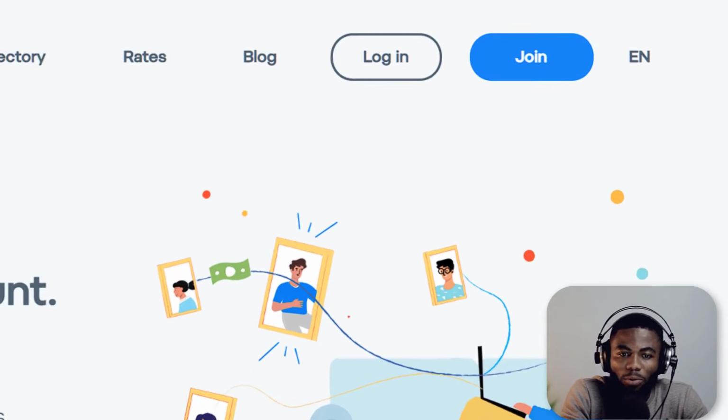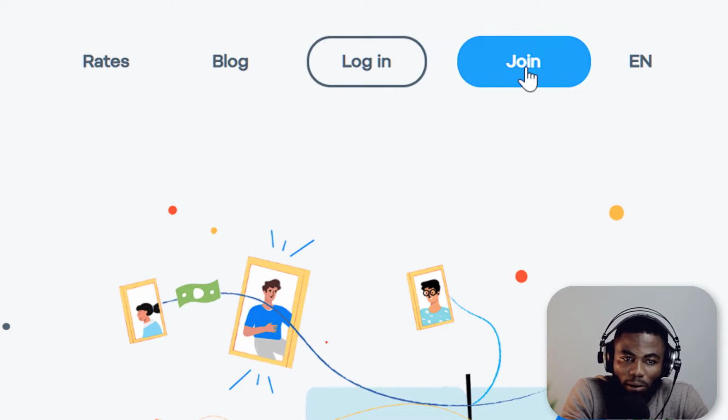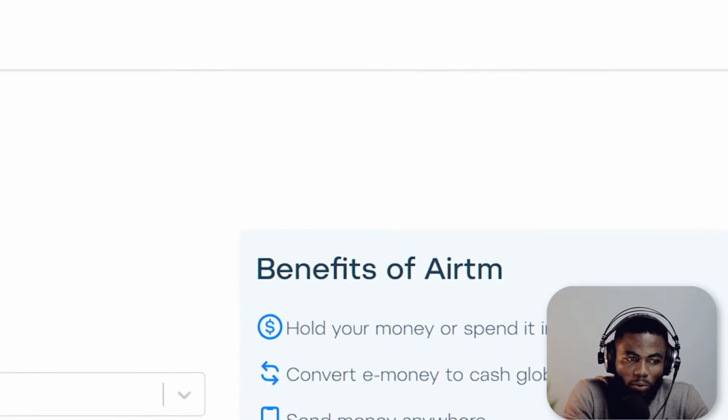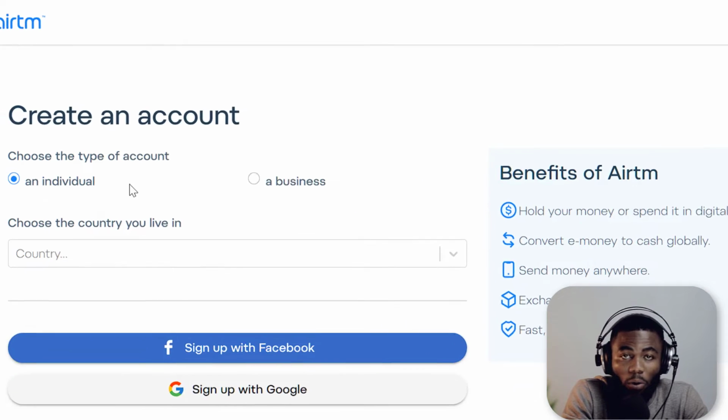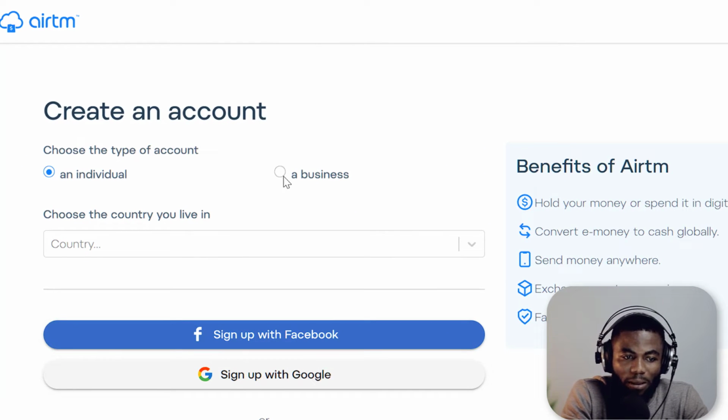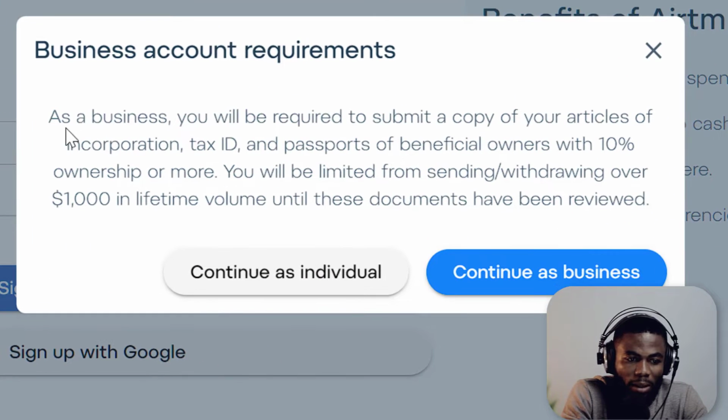So on the website, you want to click on join as always. Once we click on join, you have the option to create an individual or a business account. The business account may be a little bit more tedious to create. So if we click on the business, you'd see here they say as a business you'll be required to submit